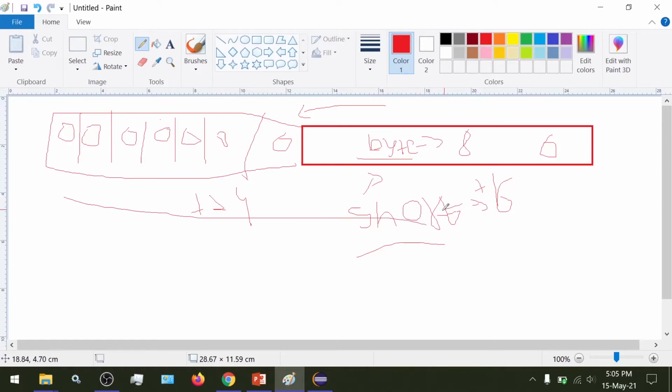So there is no point in using byte and short, because in some cases, if the data crosses the range, say the range of byte is 127 but the data becomes 130, then we would get an error and our program would fail. So this also provides safety.